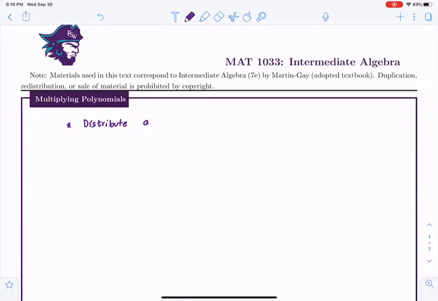So the key to multiplying polynomials is to distribute and simplify. One of the most common ways to multiply polynomials is the FOIL method, which most of you might have heard in high school: first, outside, inside, and last. So if I have A plus B times A plus B, I'm going to multiply first, which is A times